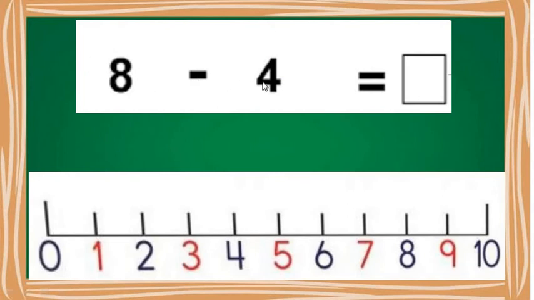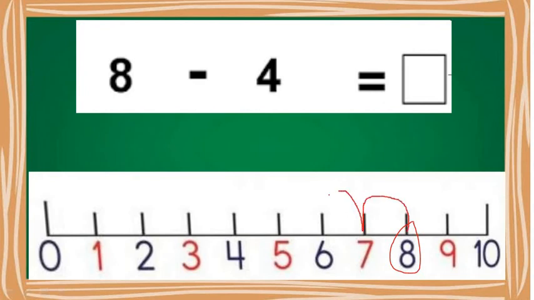8 minus 4. The sum is 8 minus 4. Go on given number line and find out number 8. Look, here is 8. So make circle around 8. Now I told you again that as we are going to make subtraction, keep this thing in your mind that you have to move backward or go left side on the given number. And our sum is 8 minus 4, means you have to move 4 steps backward.